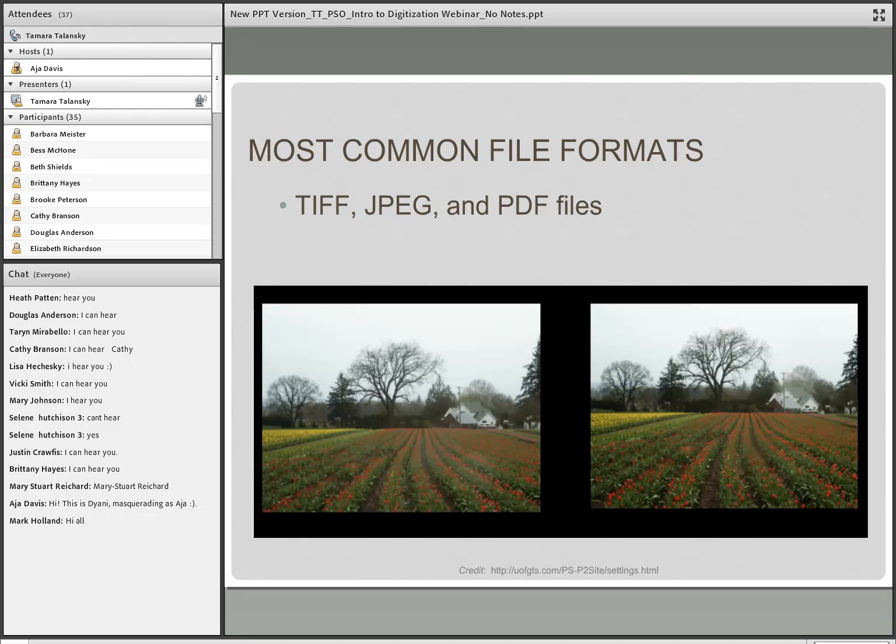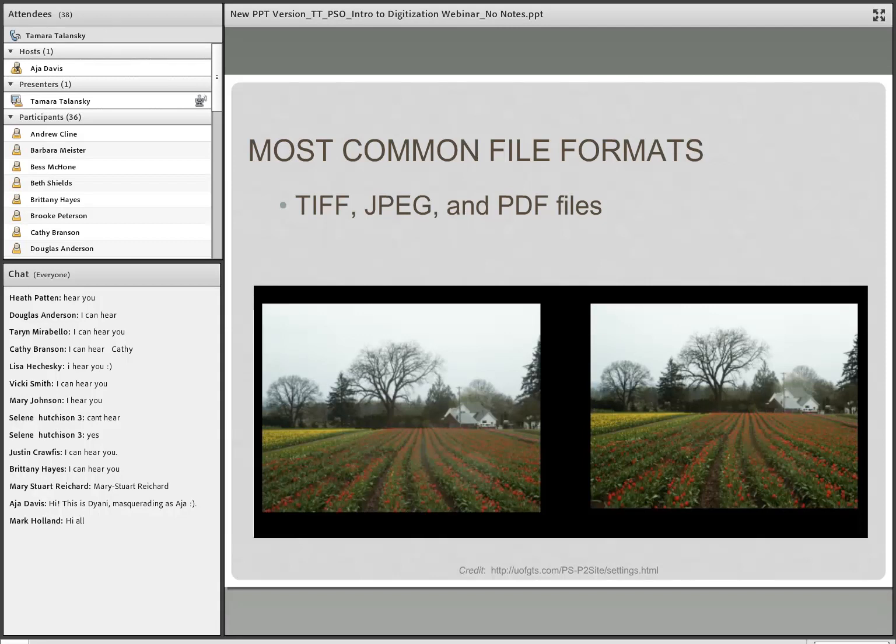So once you've captured, the digital image can be saved in numerous file formats that may or may not include compression technologies that will reduce the size of the file. Your scanner software will save your scans as a digital file in a format that you choose. The ones we're going to focus on today are the most common file formats for digital photos, and those are TIFF and JPEG, but we will also be discussing PDF files.